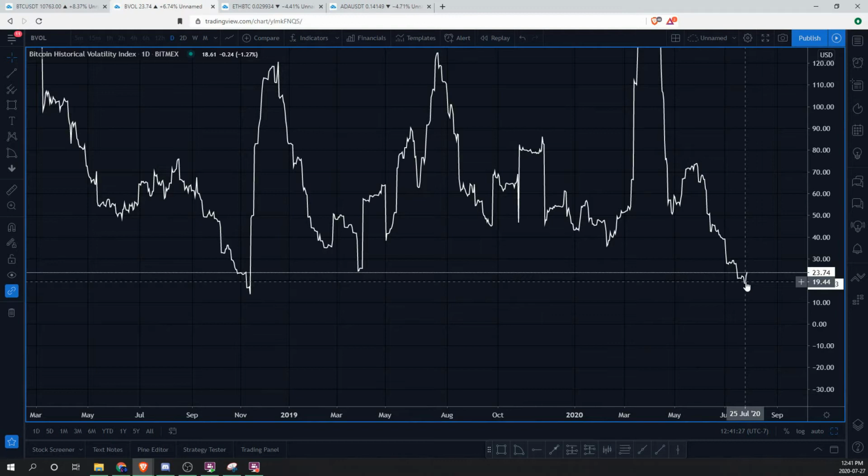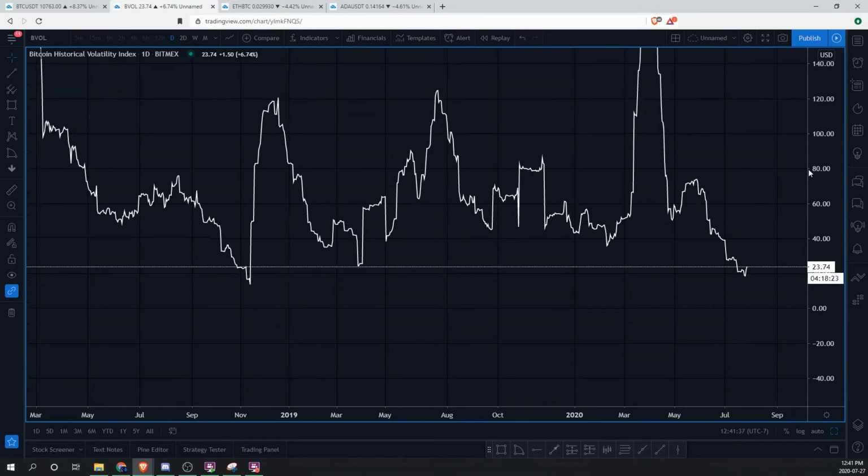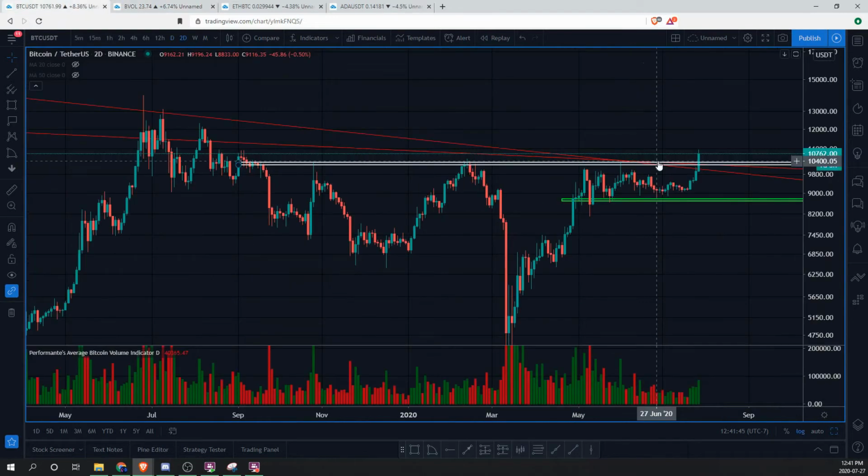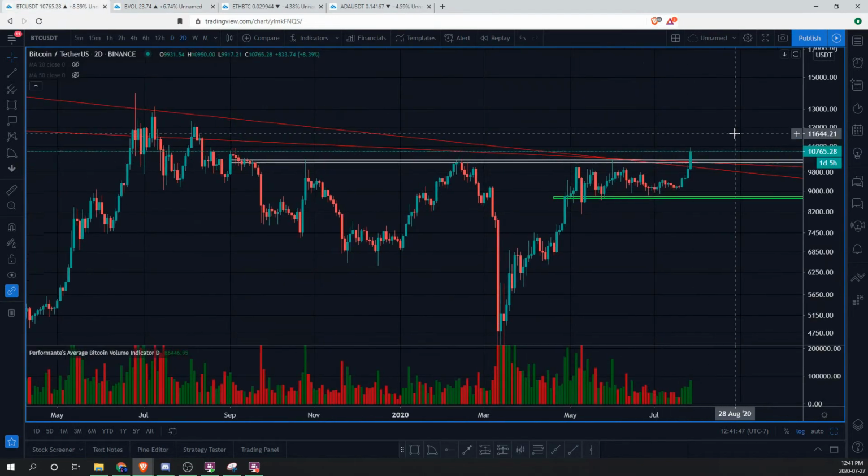The big bull run that everyone is talking about definitely could be here. We see a decrease in volatility. That's great to see, right? You see a contraction in price action. You see an initial push to the upside. If you see the 10.4, 10.5 hold, let's go back to the price action. If you see 10.5-ish hold, and then we see a nice little retest and a continuation,